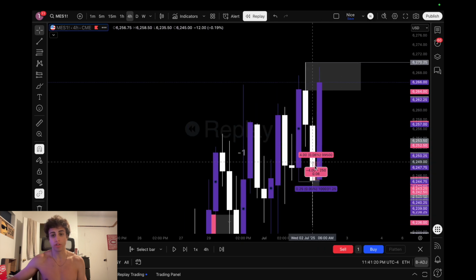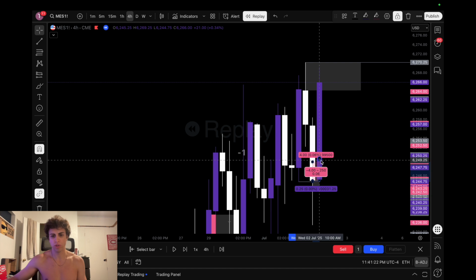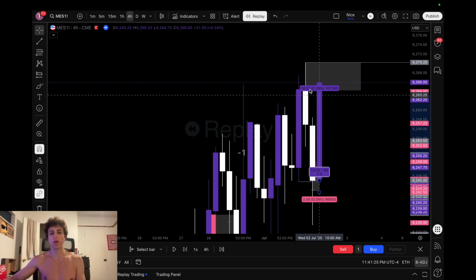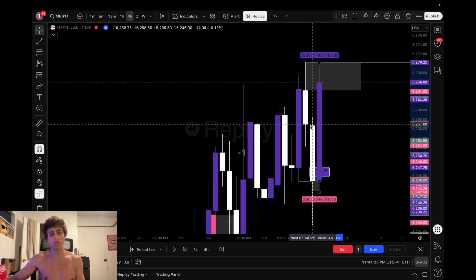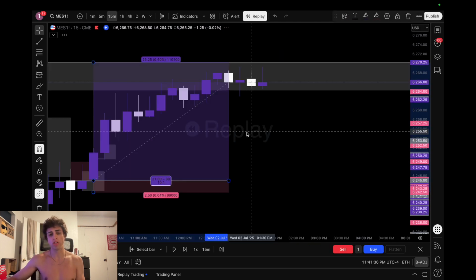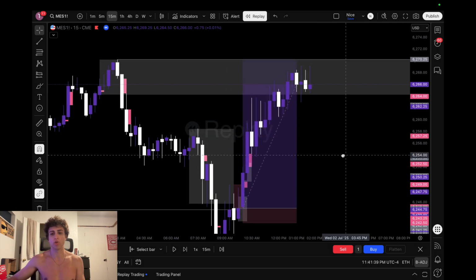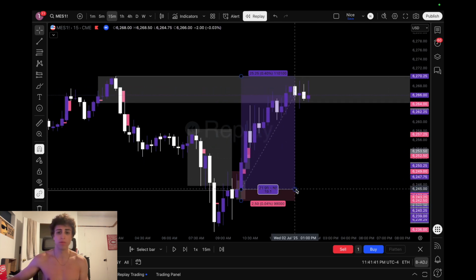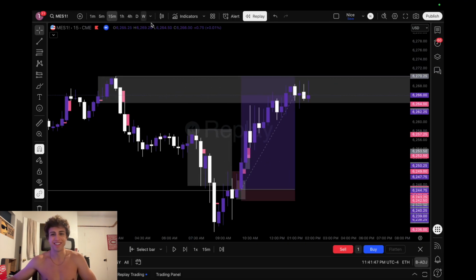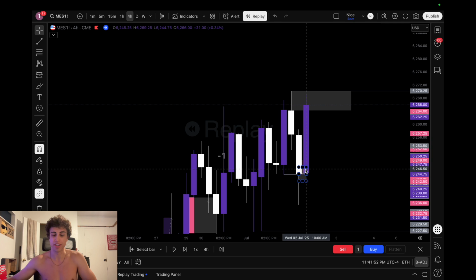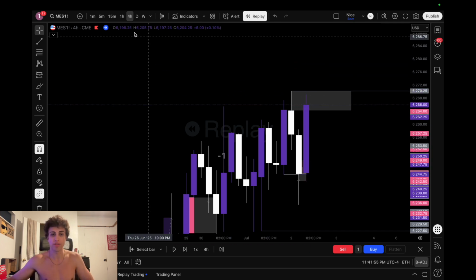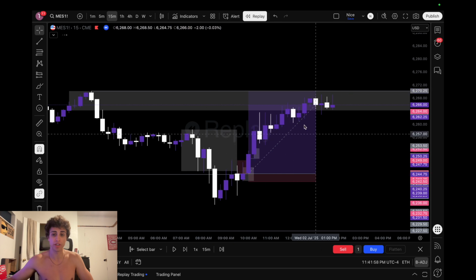I would have held to the next 4-hour POI or confirmed POI or liquidity point, which would be this liquidity point right here for 10.1 RR. But I don't hold trades past 2 p.m., because that's the close of the first 4-hour candle of New York session. So I would have closed right at the end of this candle,